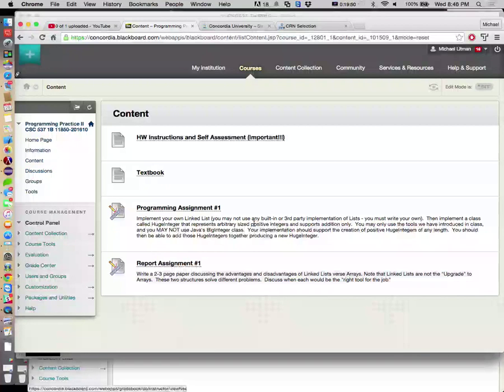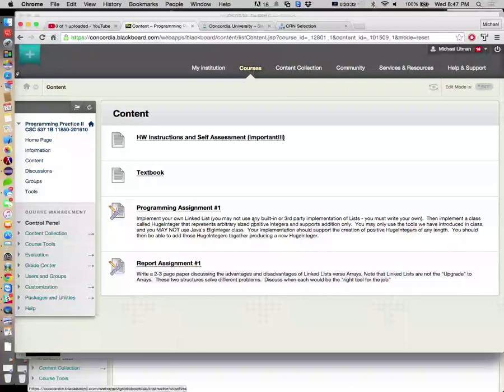So the punchline is, if you want to represent arbitrary length numbers, a number that has any number of digits in it, we probably need something like a linked list to do that. You're going to create an object called huge integer based on a linked list. We're going to use the linked list data structure to store the contents of a huge integer. Then these huge integers will be capable of adding themselves to other huge integers, producing a huge integer result. So if I take one 4,000 digit number and add to it a 3,864 digit number, that's going to produce another gigantic number that will be a huge integer.